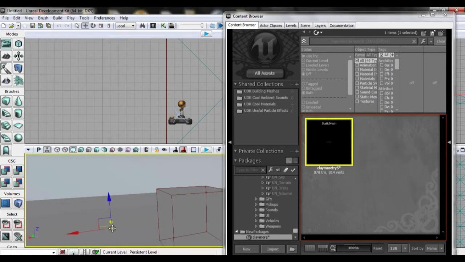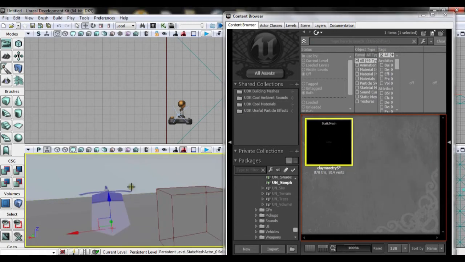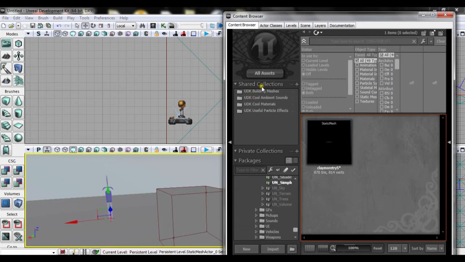Just drag this into our scene. I'm just going to rotate that, push spacebar until you get the rotate up, and just rotate that upwards. Just shrink that down to a more sword-like shape, and move that up. There we go. Now I'm going to go into